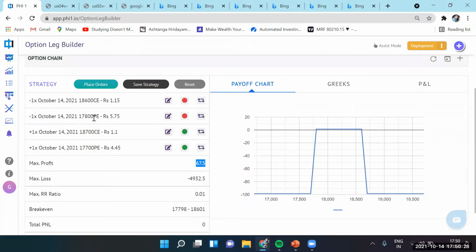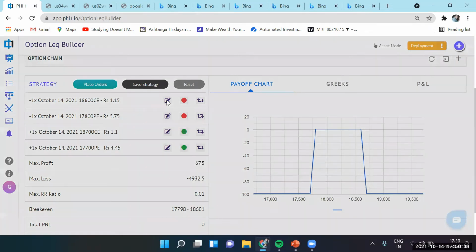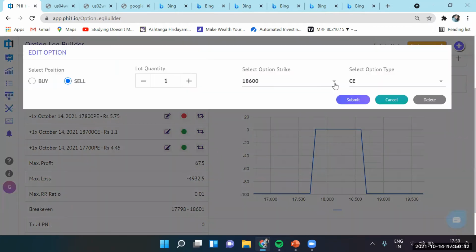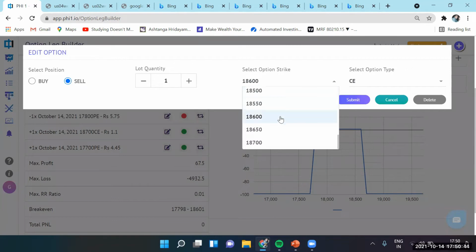Let's modify it. So in this case, from 18,200, we were selling 18,600. Let's say I want to modify it. I can modify my lot size also. And in this case, I'll go slightly close. This is a call option. So 18,200, let's say I sell 18. This is 18,600.